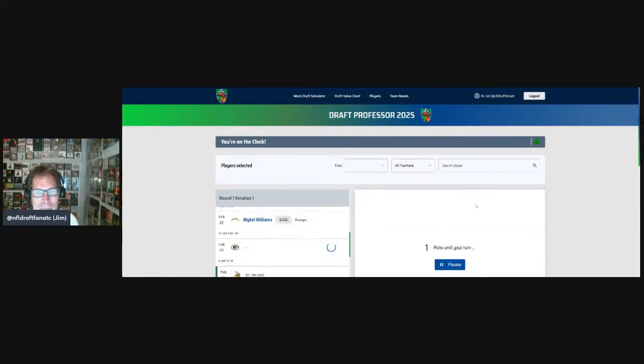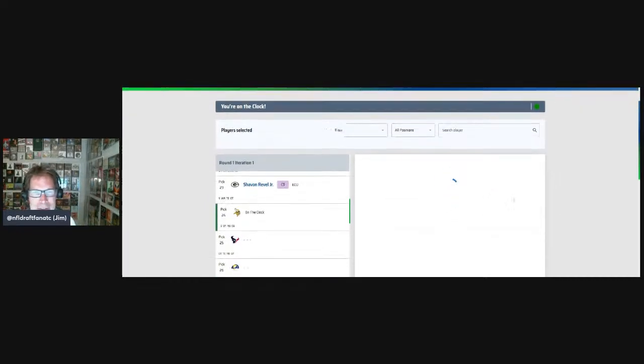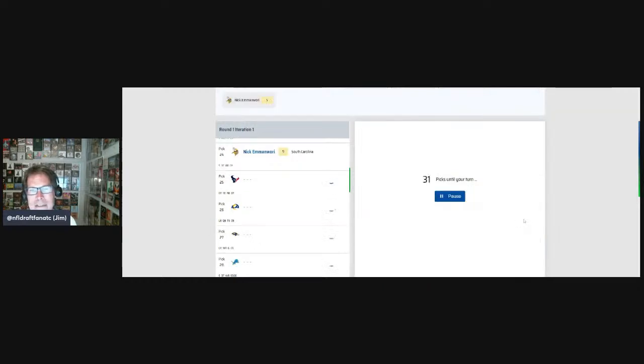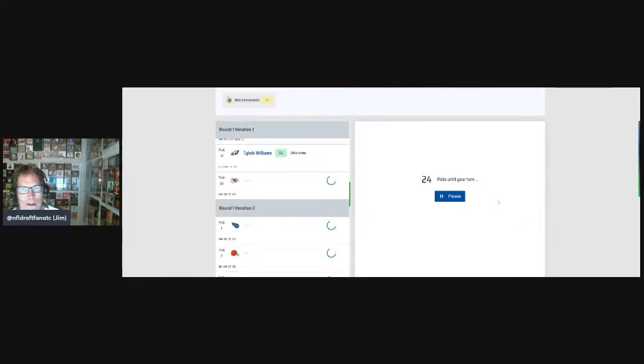So what I'm going to see here, okay, so you notice Loveland is higher than Emmanwori. So let's pay attention to the fact that Loveland is 14th. What I need is to never pick Loveland and see if I can get Loveland to drop to 15th on the board. So one of the guys I'll pick was Emmanwori.